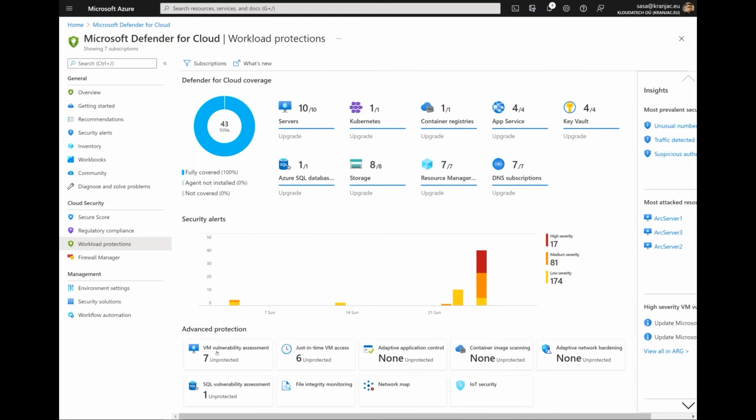I've just remediated that recommendation, so we still have 7 unprotected. It still needs to refresh to see the lower number, and some other things like adaptive application controls or network hardening and file integrity monitoring. But a very important part